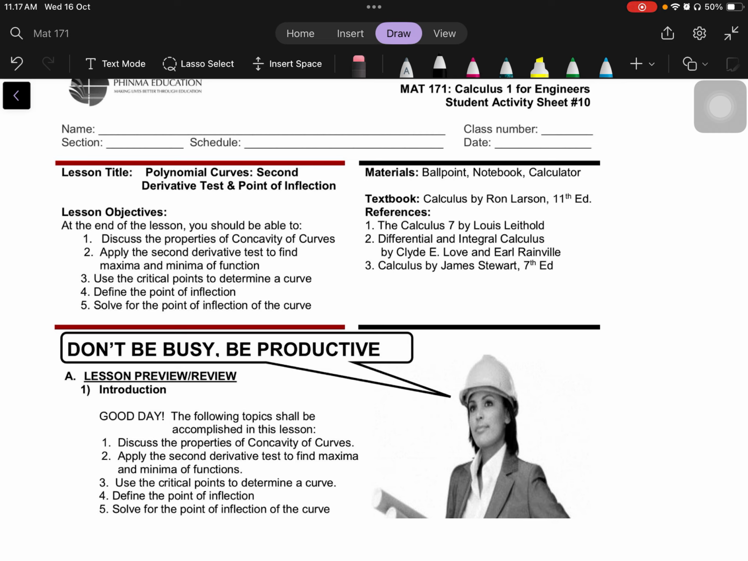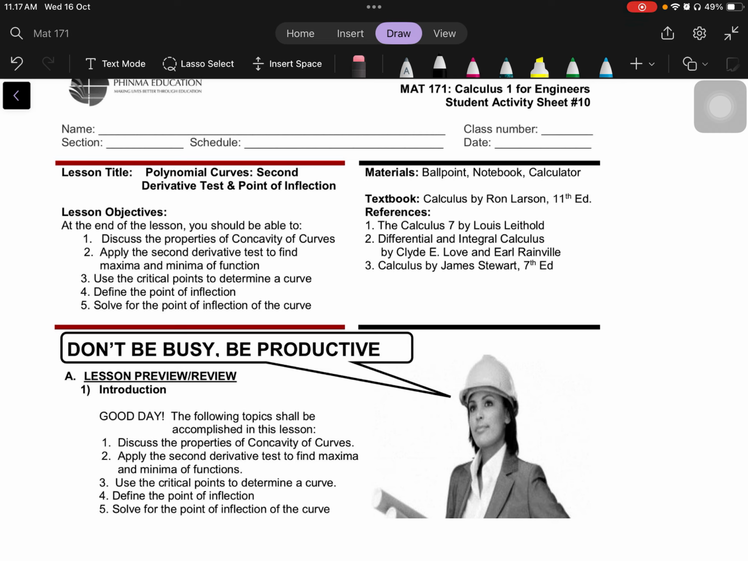So, our lesson objectives is to discuss the properties of concavity of curves. Next is to apply the second derivative test to find maxima and minima of function. Use the critical points to determine a curve, define the point of inflection, and solve for the point of inflection